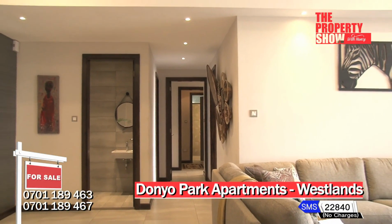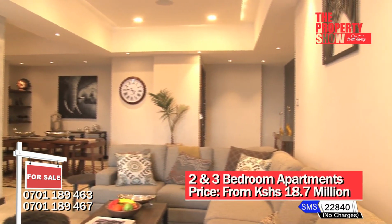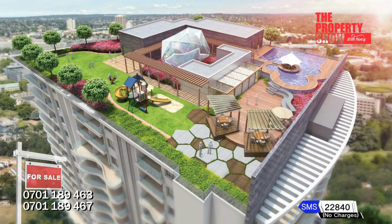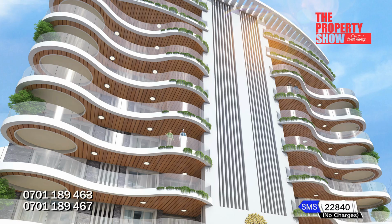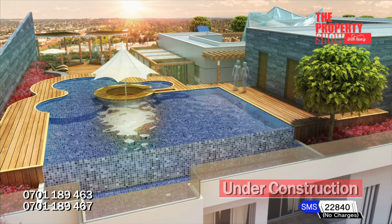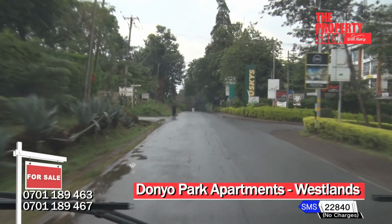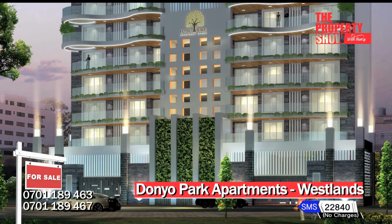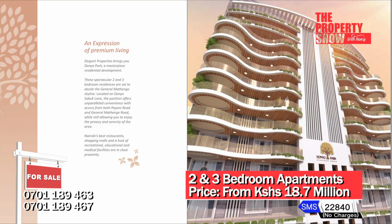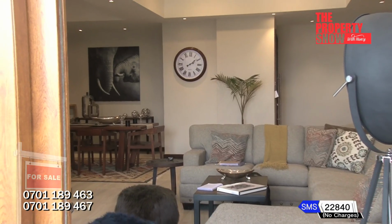Donyo Park Apartments Homes is a masterpiece residential development with 2- and 3-bedroom apartments set to dazzle the General Mathenge skyline. The project is located on Donyo Sabuk Lane in Westlands, offering unparalleled convenience with access to both Peponi and General Mathenge Road. Donyo Park offers a stunning array of internal amenities including lavish lobby with grand reception, open-plan contemporary